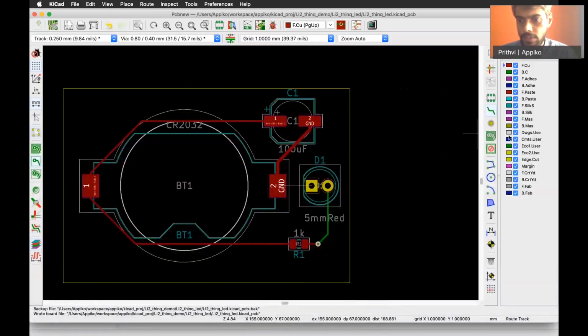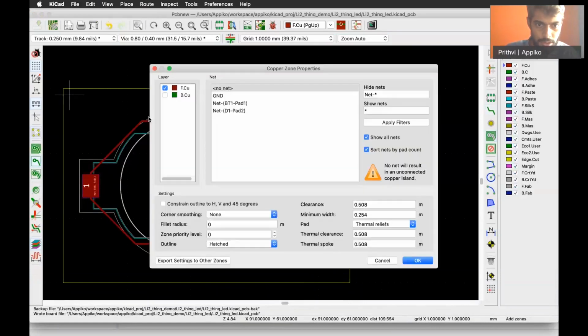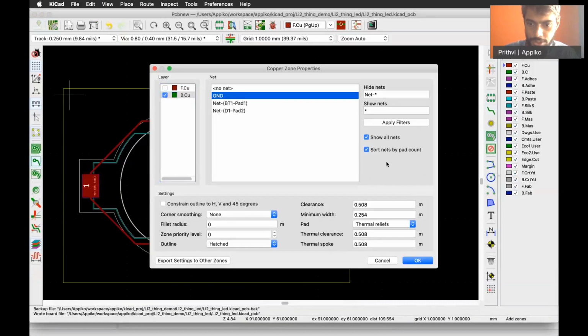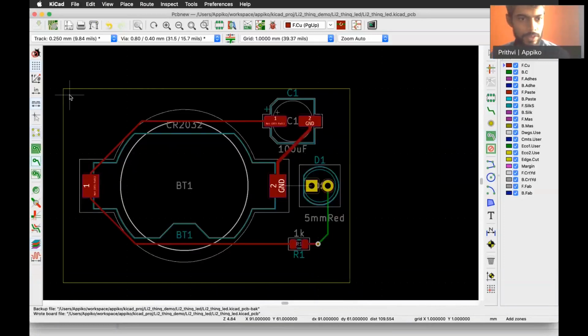Another thing that we can do is add ground planes. So let's say we choose the ground plane on the bottom layer and we connect it to ground.